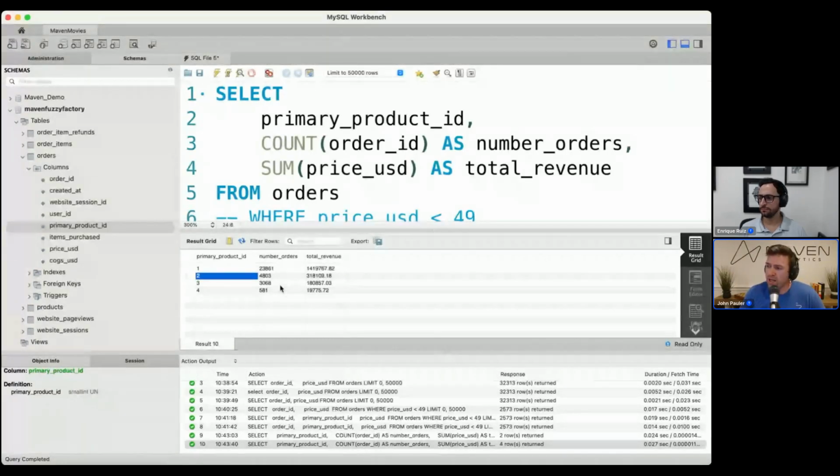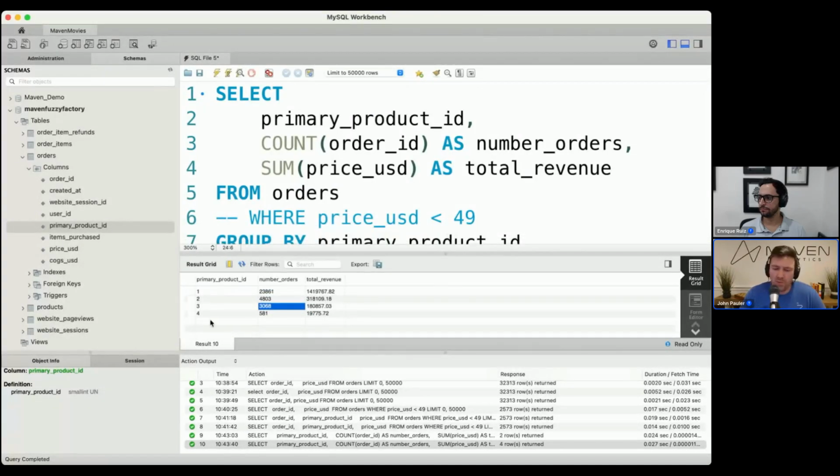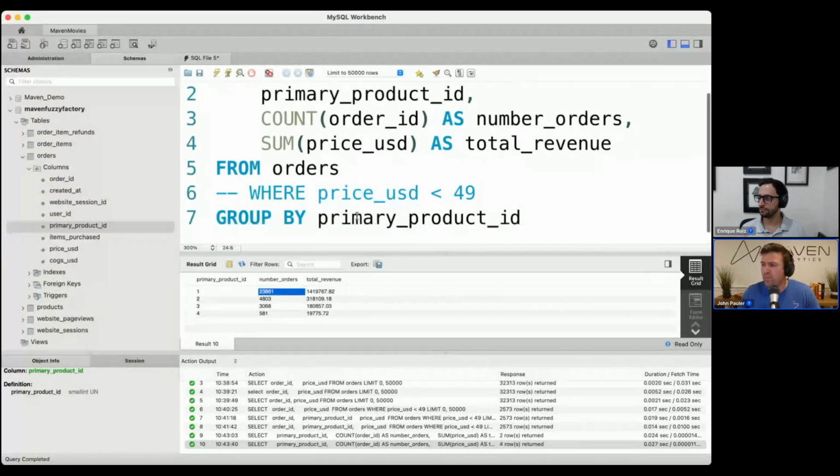And so finally, we've got all of this data here. It's already kind of nicely ordered the way that it is. But let's say for some reason we wanted to order it with the smallest number of orders at the top.